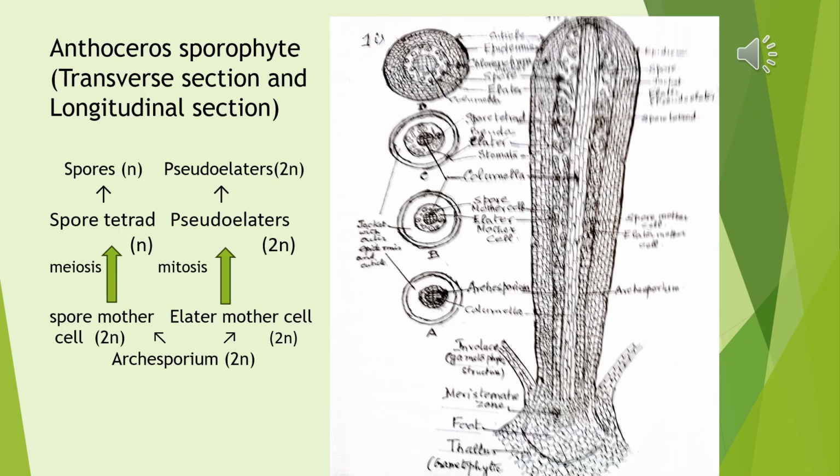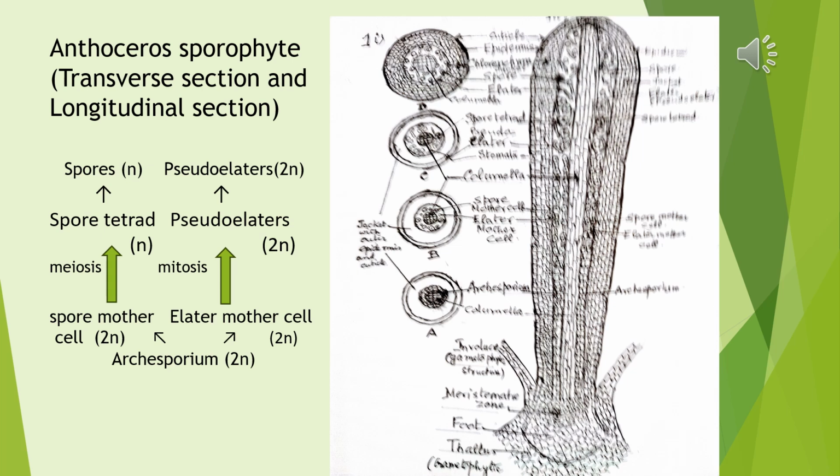the transverse sections, first near the bottom, is the smallest, showing a row of archesporial cells around the columella. Surrounding the archesporial cells is the jacket with epidermis. Jacket cells are not drawn here. Note the archesporial cell is one layer. Archesporial layer is one celled only. Transverse section near the middle